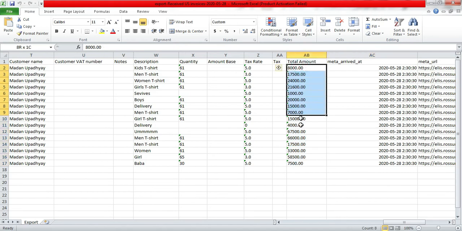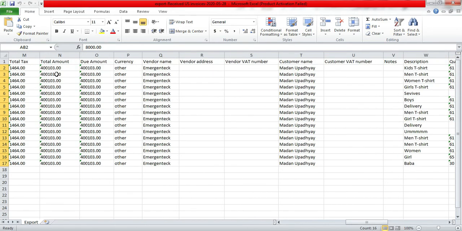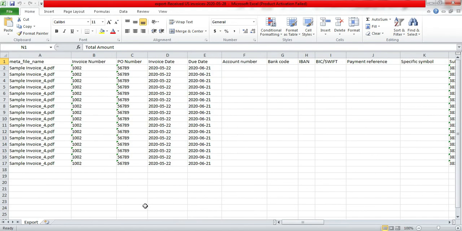So this is the total amount for the individual items, and this is the total amount for the payment, the total amount due for the entire invoice. Unfortunately, the headers are the same for both of the columns, but I think we can rename the columns in our licensed version. So did you get it? How easy it is to pick up the data from a multiple-page invoice, wherein the table is ranging from one page to the second page. If we have more number of items and the invoice is even lengthier, it will pick up this data the same way, and we will have more number of line items here in the output Excel.